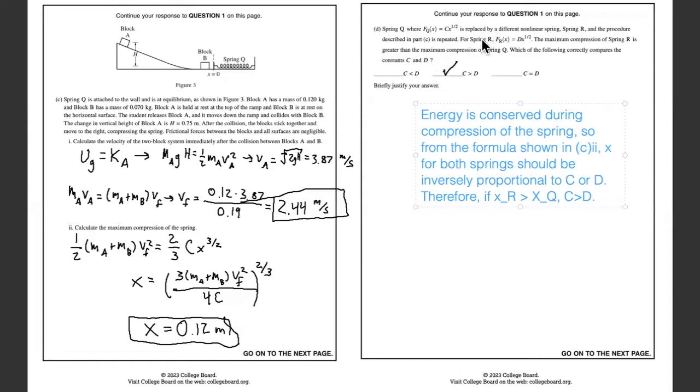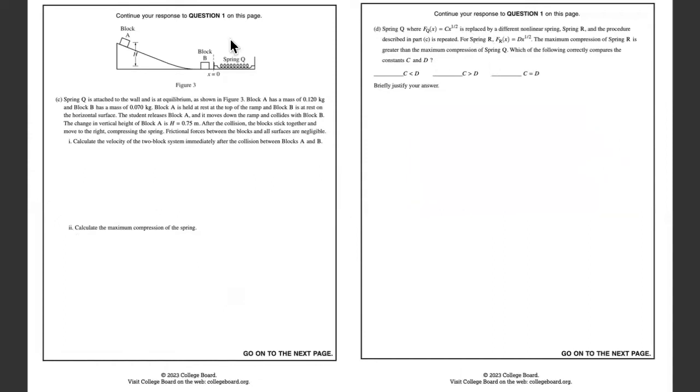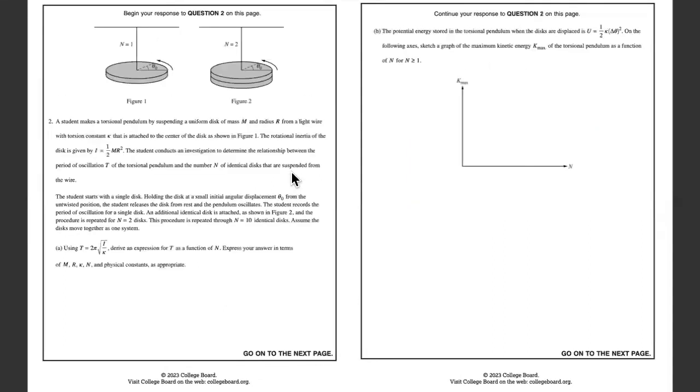Question number 2 seems pretty nasty, but it actually is not as bad as I originally thought it was going to be upon reading it. We have a torsional pendulum made of n uniform disks. We're given the moment of inertia, the torsion constant, and basically we're going to be stacking up until n disks. So what the first question asks us is to actually use the equation, right? It says to use T is equal to 2 pi root I over kappa,